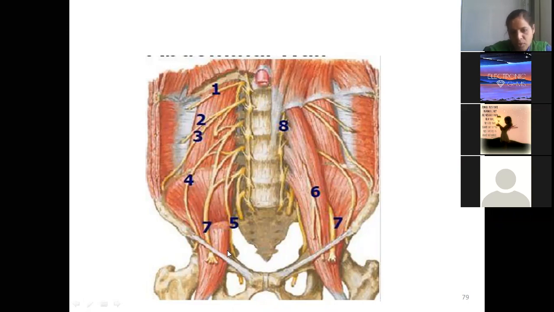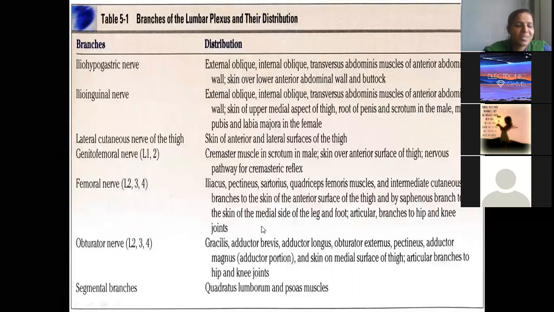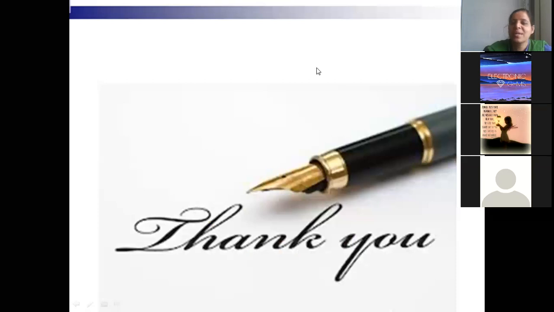Is number 5 going to the medial compartment? Obturator. Excellent. What is the one which is joining down and trying to make a bigger one? It's not numbered here. Lumbosacral trunk. Very good. It will continue to form which thickest nerve of our body? Sciatic. This shows all of you are understanding, but you are hesitating so much to write in the exam. Why, beta?